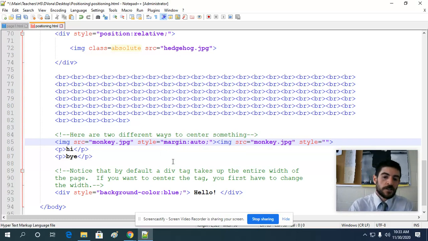So to get margin auto to work, we have to first say style block. By making it block, each picture will get its own line. And then when it has its own line, we're allowed to balance the margins. So I could say style block, margin auto,